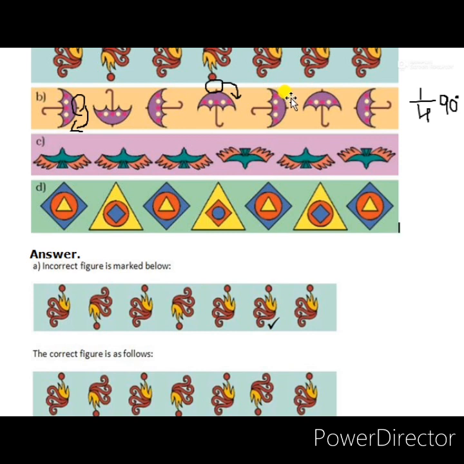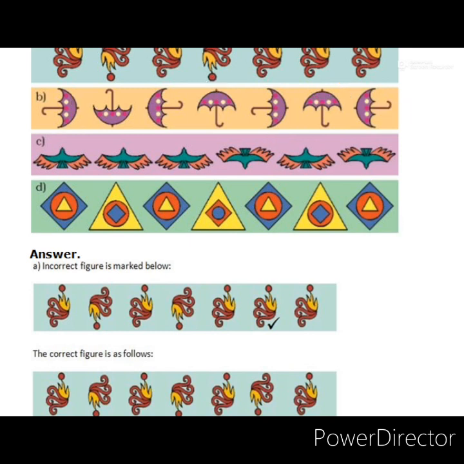Now see the sixth figure. In the sixth figure, if it turns 90 degrees, at which position should the umbrella come? It should come at the downward direction. 90 degrees means the second figure you see like this. If it follows the rule without breaking, the umbrella should come at the downward position. But the sixth figure is not showing the downward position, it is at the upward position. So here also the sixth figure is wrong, it is breaking the rule.